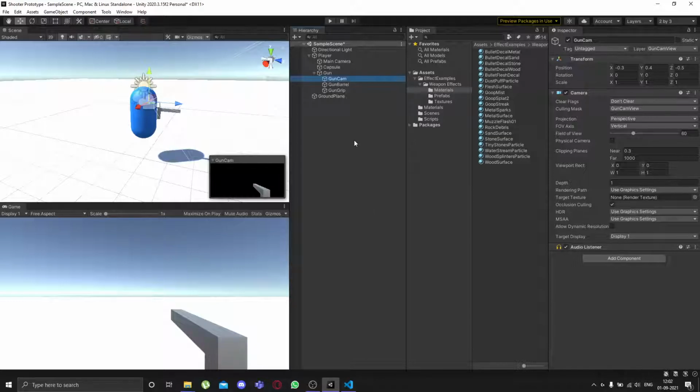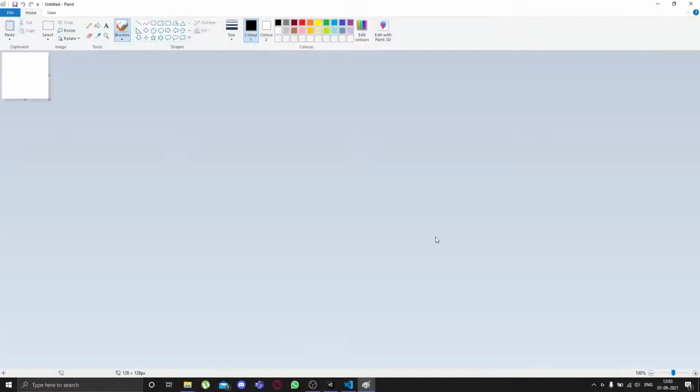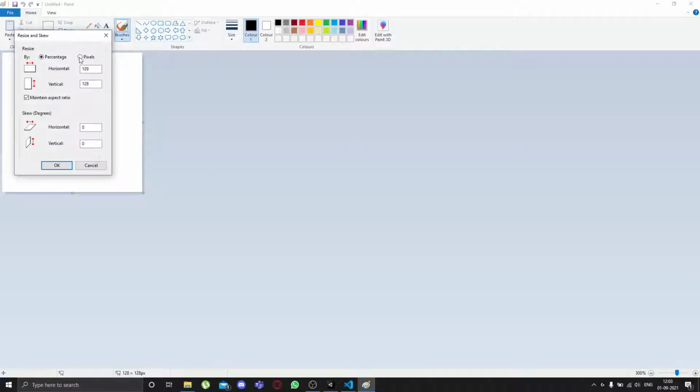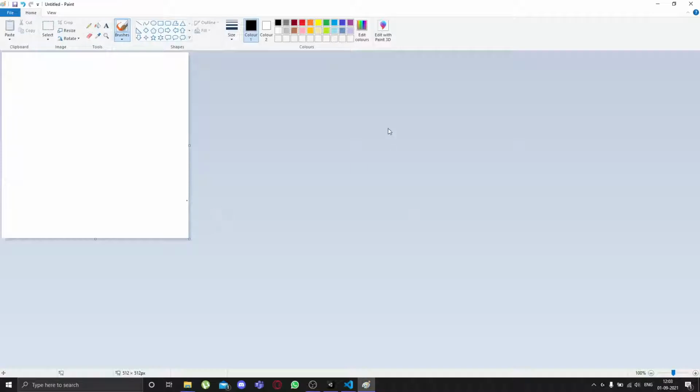Okay, then, let's make the material for the ground so that we know that we're moving. I'll open up Paint, because Photoshop is installed in this system. I'll have it a little bit higher quality. I think 512 should do. We don't need this high res, but